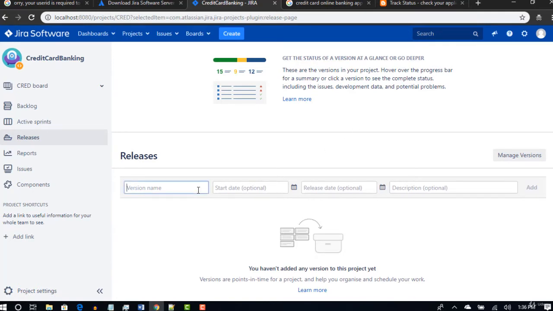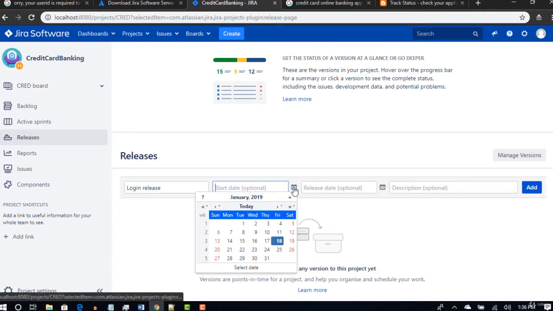So let's say that you are going to release your product. You want to release this product on January 26th, that is your release date. You can name the product release as login release.